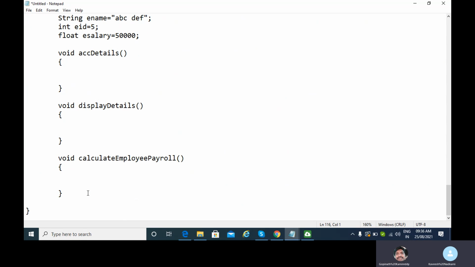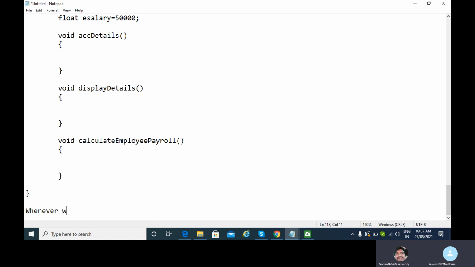Whenever I create a new object of the class Employee, the initial values assigned by the default constructor to the data members ename, eid and esalary will be ABCDF, 5 and 50,000 respectively. For every object, the initial values for ename, eid and esalary now will not be their default values, but they will be those explicit values which we have mentioned while declaring the data members. Clear, Gopinath?